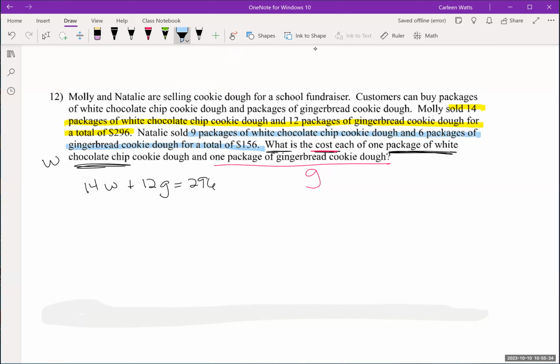You got to admit, there are worse word problems. Yeah, this is pretty easy. Okay, this one's not bad. A little bit of practice and it's not bad. Okay, 9 packages of white chocolate chip plus 6 packets of gingerbread